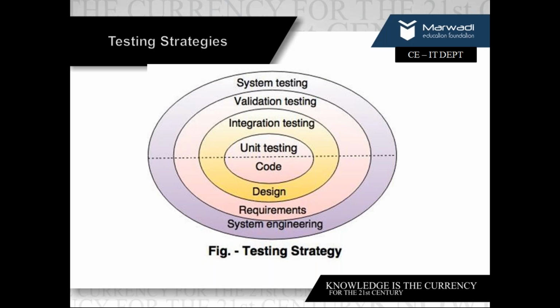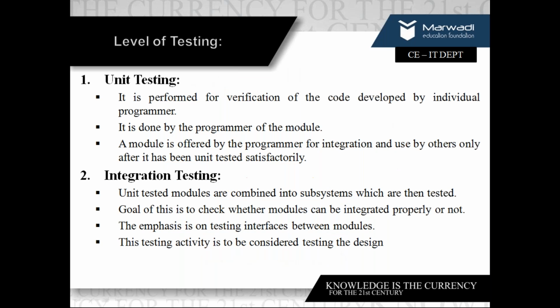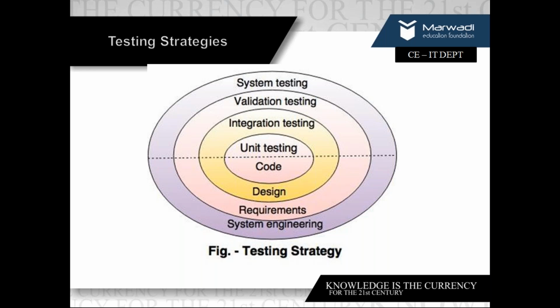Now this figure tells you what? Compare both the figures, the figure which we had in the last PPT and now. Unit testing can be done with code, integration you check design, validation, requirement, system testing, and system engineering. See, figures are important whenever we are talking about short notes, because you have to draw the figure in order to give explanation. Draw it if you want. You can connect this well with spiral model again, but then both are different.